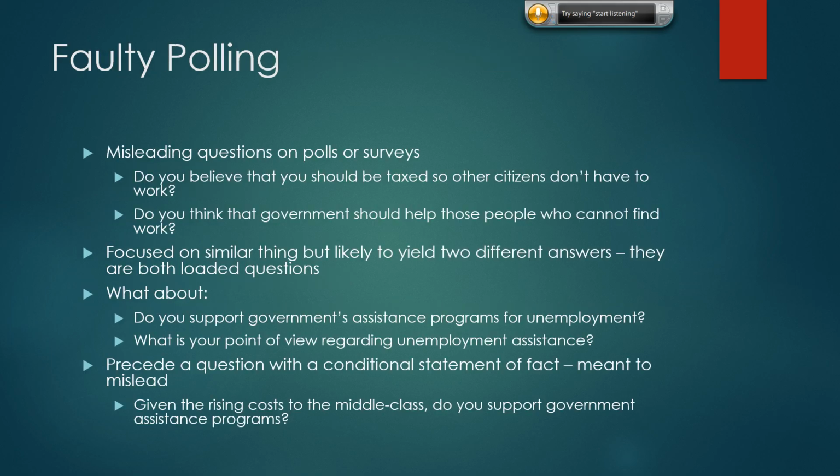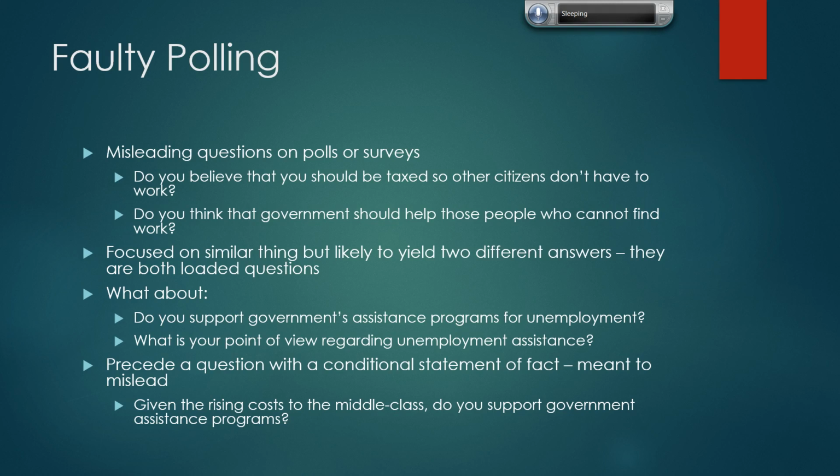The first one is faulty polling. Often when we do this, and this applies to scientific, business, technological, and political surveys, we're trying to gather information from a collection of respondents. So we put together a questionnaire, and hopefully that questionnaire will give us the answers that we're looking for. The construction of such a survey is a real science. It's really important that we do the best job we possibly can of getting the data we want without biasing the questions. But there is a common practice amongst some researchers and some businesses to actually construct survey questions